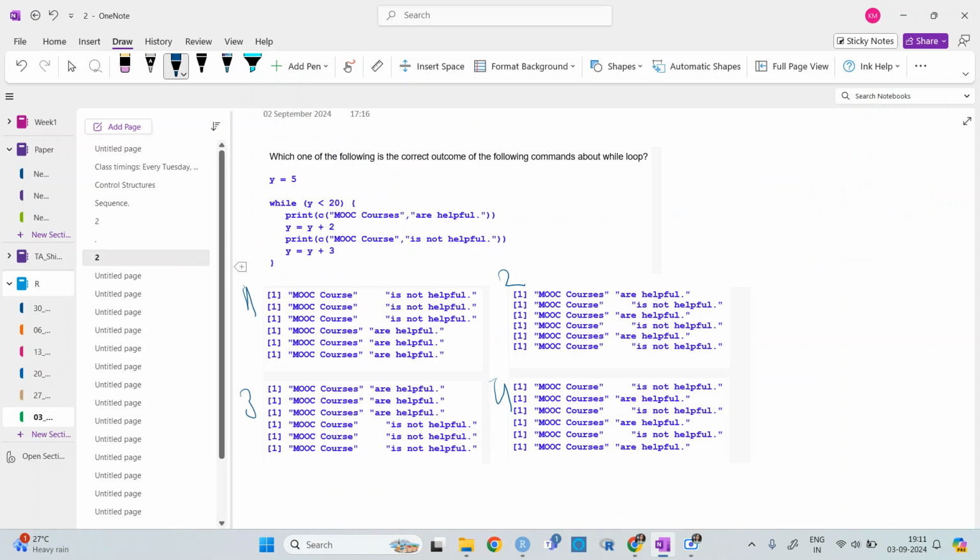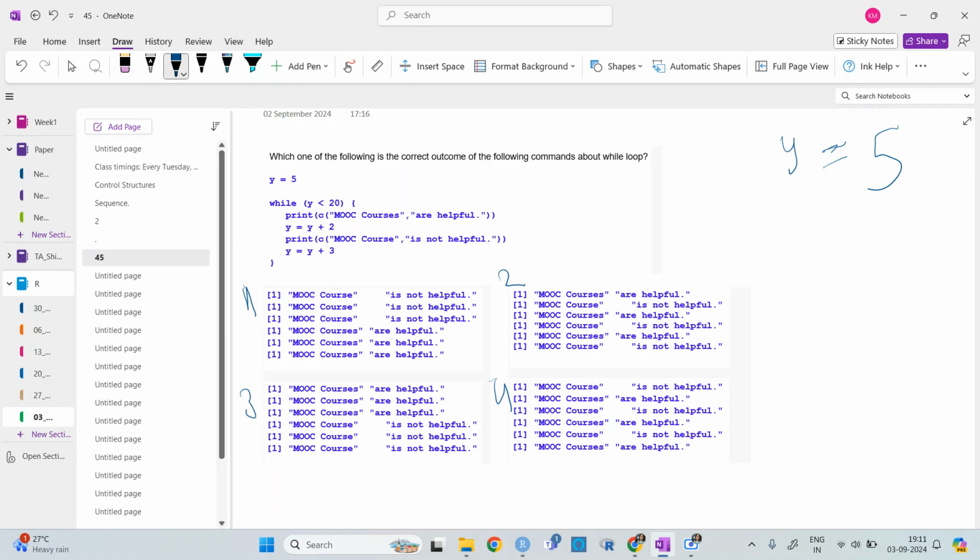Okay. So firstly let's see what is going on here. What is given is y is equal to 5, right? While y is less than 20, right now y is less than 20, so this condition is satisfied.